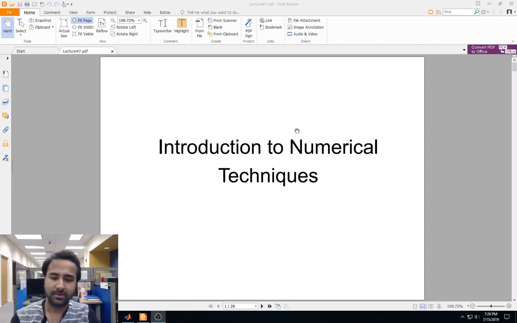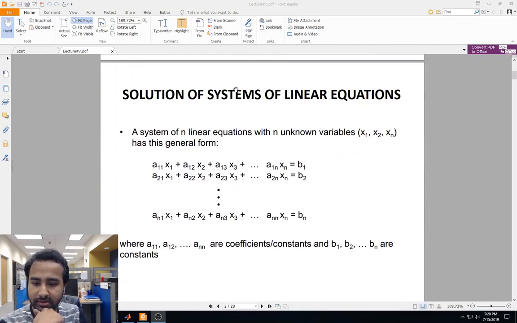Hey guys, so for this module we'll be looking at an introduction to numerical techniques. So the first thing we're going to cover is how to solve systems of linear equations. No doubt you've seen systems of linear equations before in your high school courses in Algebra 1, 2, whichever